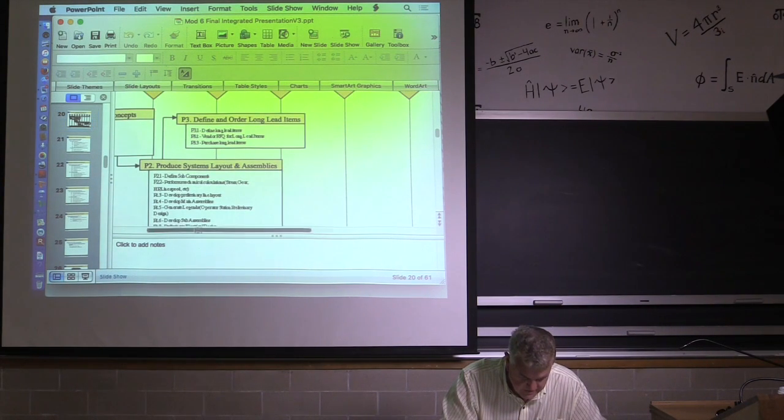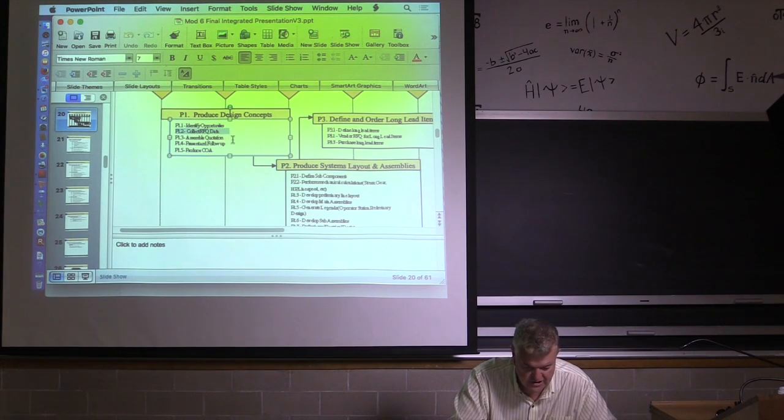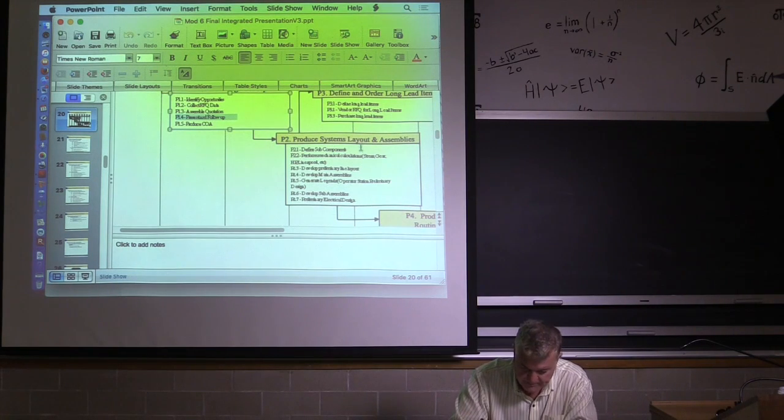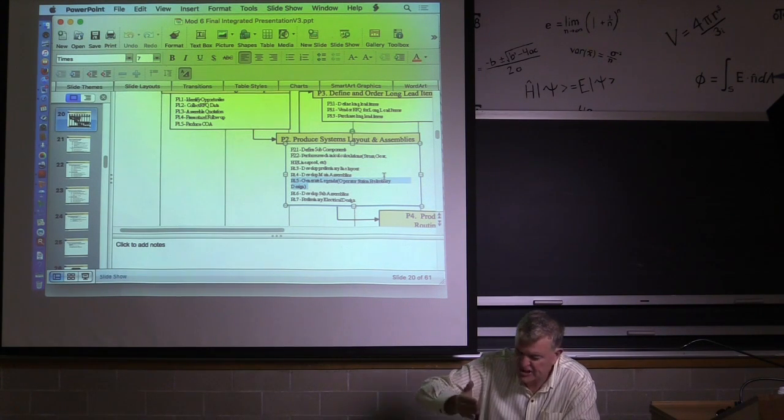So consider produce design. You identify the opportunities, you collect the request for quotation data, you assemble a quotation, you present the follow-up, etc. Now, this one here is a good P2, so you've got the job. The next major process: define the subcomponents, perform mechanical calculations, the stress, the horsepower, the speed, the line speed, the gear ratios, develop the preliminary layout, develop the main assemblies, generate the legends, meaning the operation stations